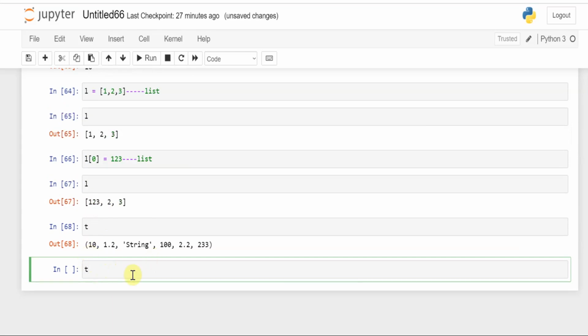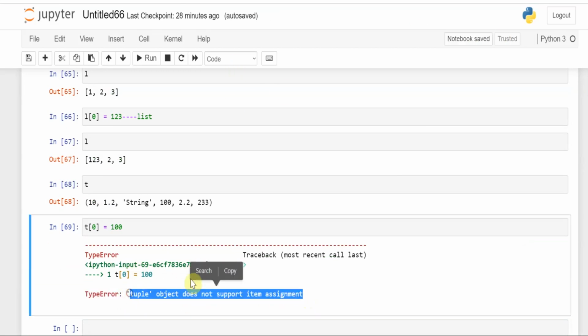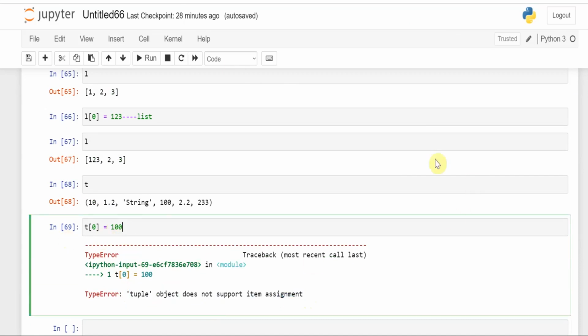This is the tuple. If I want to change T of 0 to 100, what it says is: tuple object doesn't support item assignment. So what we are basically saying is, in a list we can change our values through indexing. In a tuple we cannot change the values through indexing. Understand it.